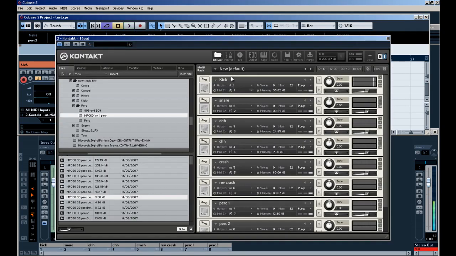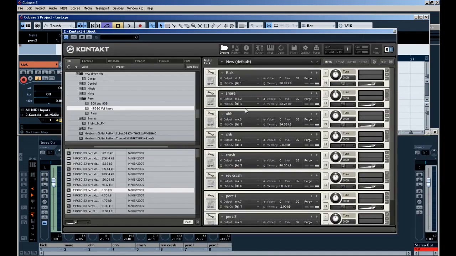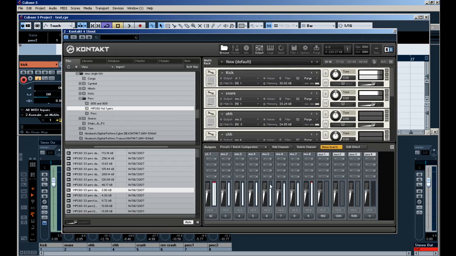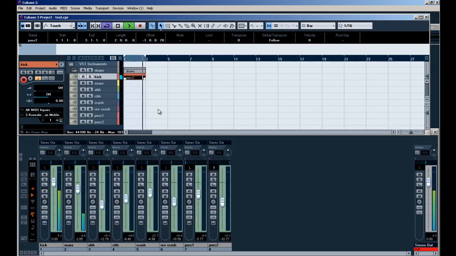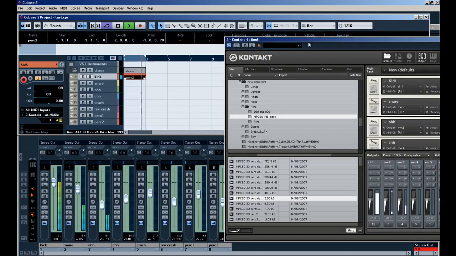Why is that? Simply because, remember, this is on MIDI channel 1, where the rest have been assigned to MIDI channel 2, 3, 4, 5. So if I change the snare to channel 1, you can see they're still coming into their own channels, and the reason that's happening is because of the way we set up the mixer. So if I come in here and change this to MIDI channel 1, and as you'll see,